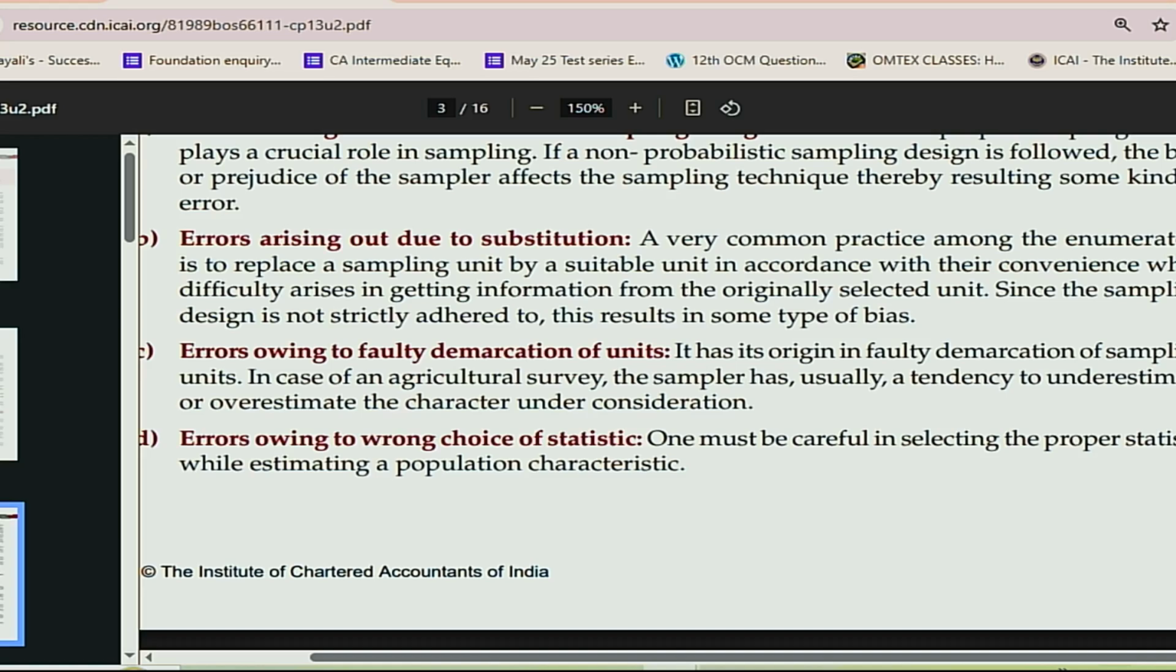So, in that case, what will the wrong choice of statistic be? Whether that person is a male or female, is it going to affect the result? No, because anybody can make a mistake, right? So that is a wrong choice of estimate or wrong choice of statistic. And the last part